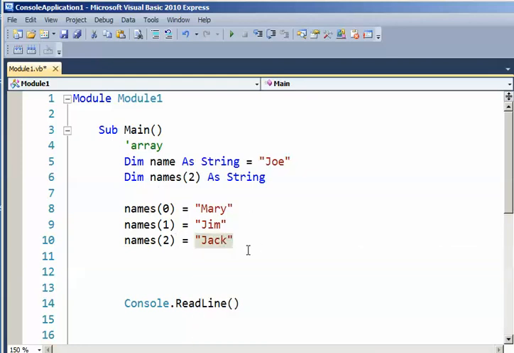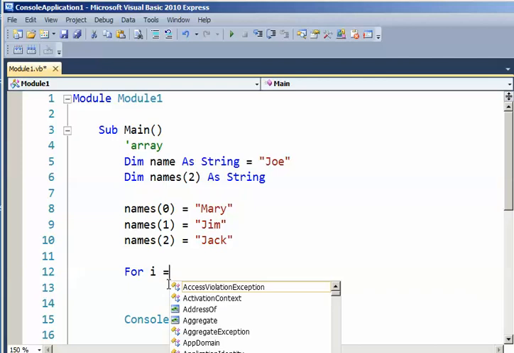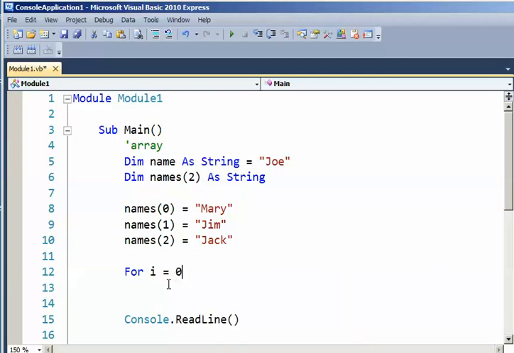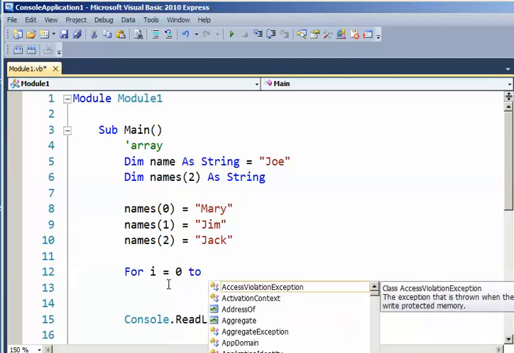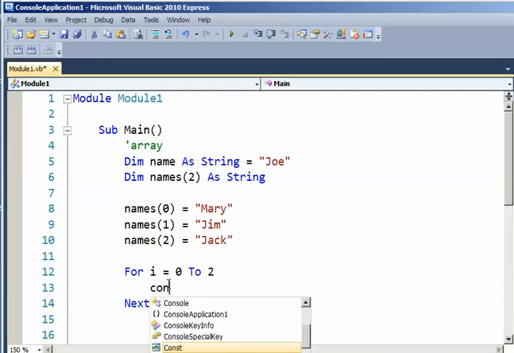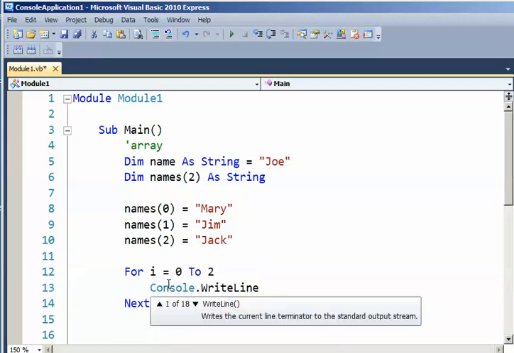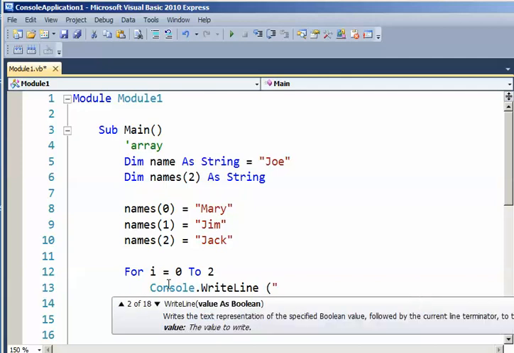So it's an array of strings, it's called names, and I can hold a list, for instance. It's not a list, there's a different type called a list, but it's like that type of list. And it's useful in many different ways, as you'll find out later, but one of the things I can do with this, if I wish to print it out, is I can say for I equals 0, I'm going to loop to, let's just say to 2. I end my for, and I write Console.WriteLine, and then I can write element, let's do it like this, element,